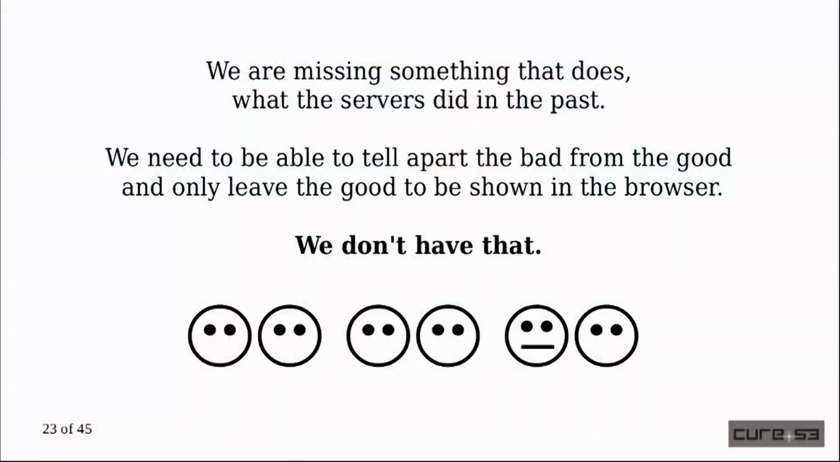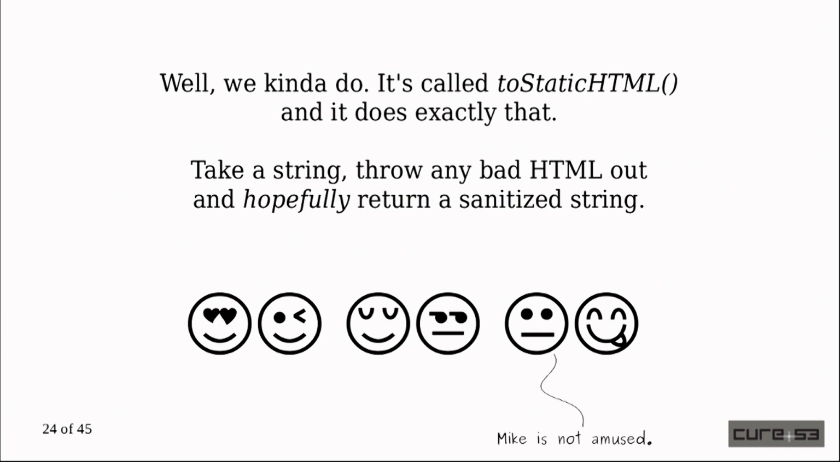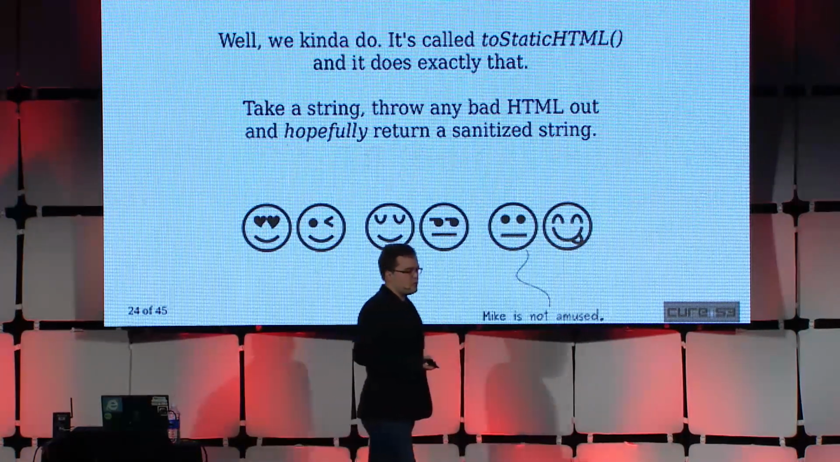So we need to have that. We need to get that. We need to kind of be able to do that. And I saw the need, and I remembered that there was something like that in the past. It was called ToStaticHTML, and ToStaticHTML was an interesting artifact because, contrary to many other things in the browser,